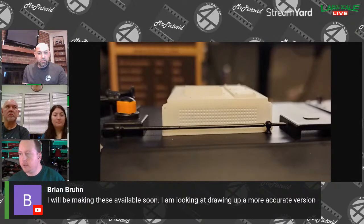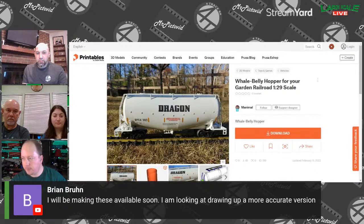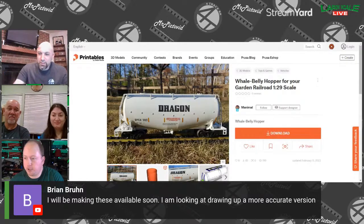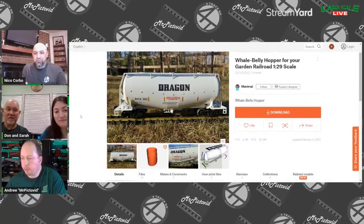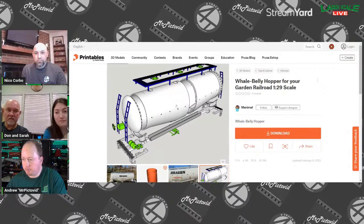Let's see. And then the other thing I wanted to show is Dan Gilchrist, or as many know him, Manimal, is always making something new to 3D print. So he actually drew up a whale belly hopper car in 1/29th scale. And over on Printables, you can actually download all the files to print this car. If you have a 3D printer at home, I want to say the main body itself, when I set it up on my printer,